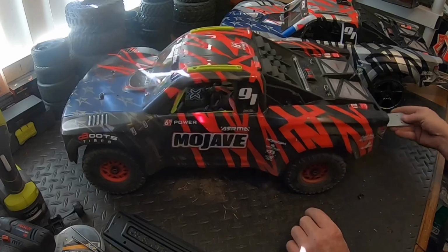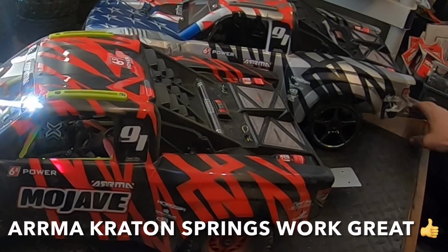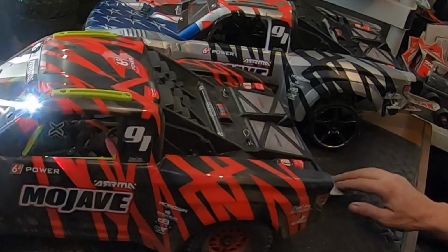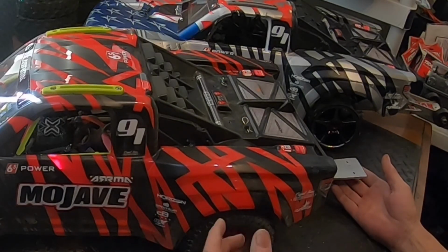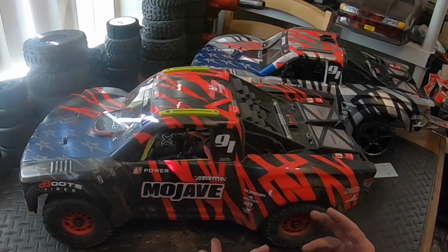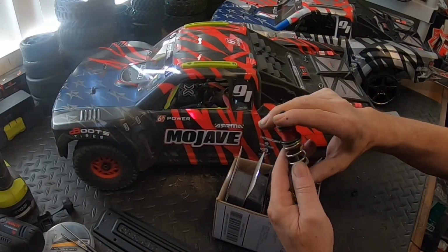But my biggest thing is it's way too soft compared to how you see how stiff this is, and this thing is just super soft in the rear. So I'm going to look around, see if I have some thicker springs to throw in the rear of it, because that's what it needs. I need to change the spring rate all the way around. I don't know if I have any more springs that are stiffer. I think all the springs I have, see, those are